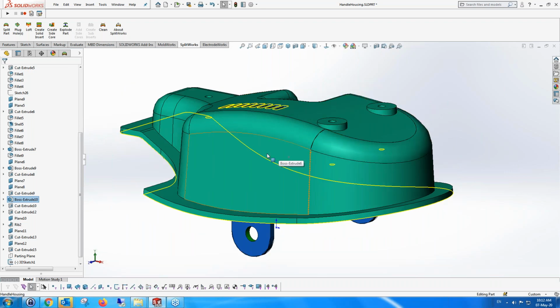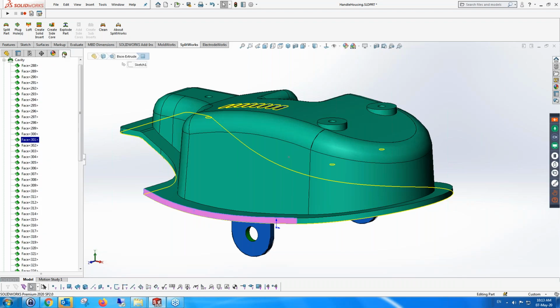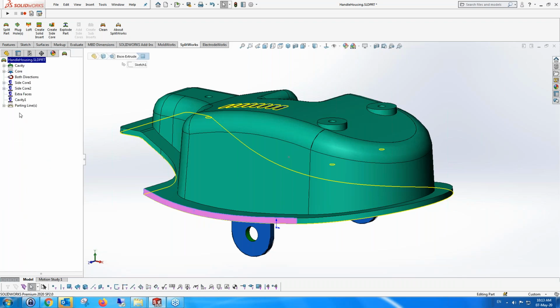So everything I do geometrically with this part, everything will be updated. The information I have will be updated, so the split is driven by the geometric limitations, the direction of the faces, in other words. But a lot of times during a mold design, you would like to have control over the mold that you're creating. So what we can do in this case is we can actually use this part over here, this environment,